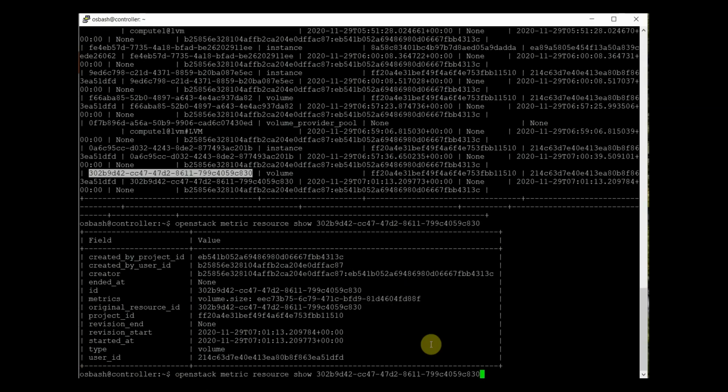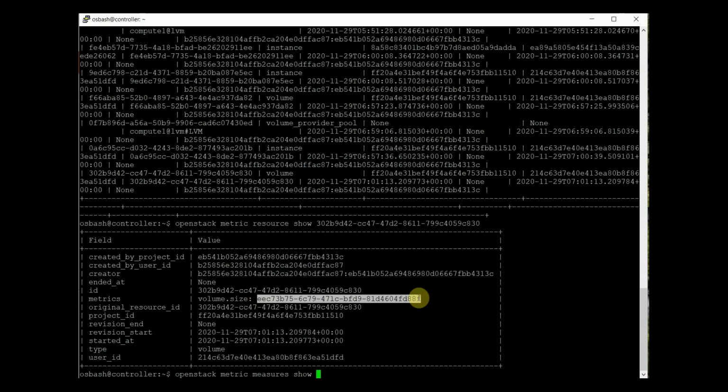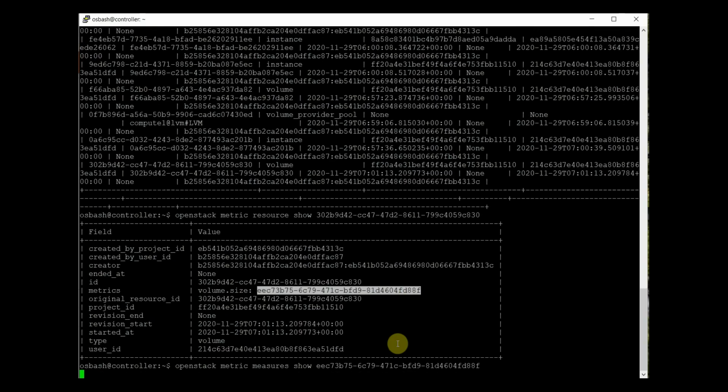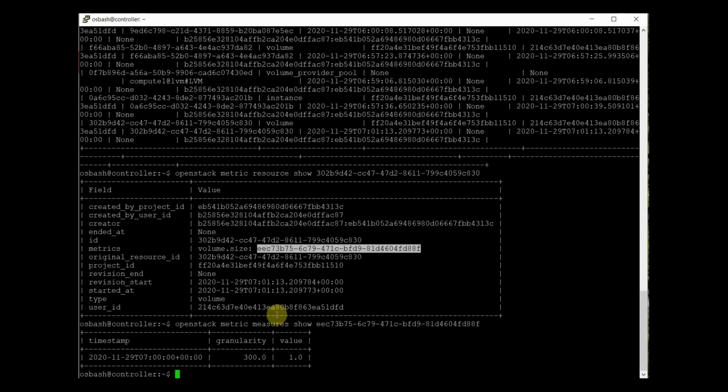If I want to see the metrics about the volume-specific details, here we see the project ID, user ID, and the metric is volume size. I want to see the details of the volume size. I can see this by specifying the ID of this volume size. It will get me the details about this metric, right? So this way we have successfully configured the metrics and the details.